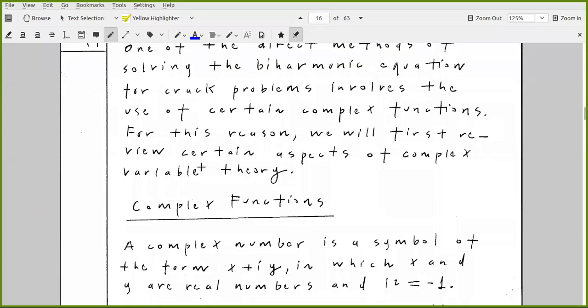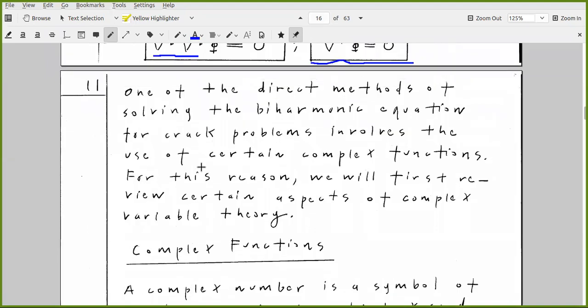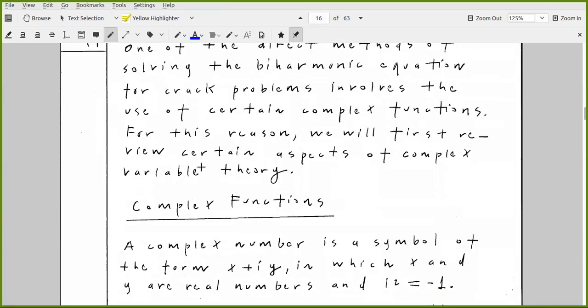Certain complex functions are used or required in the solution of the biharmonic equation. We covered the biharmonic equation last week, and today we will first review certain properties of complex functions and differential relations associated with complex functions. These are functions of complex variables,